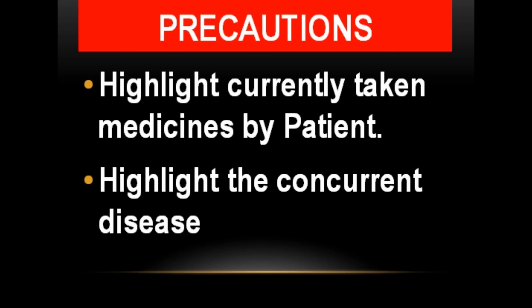Furthermore, the doctor should be aware of the existing medical condition of the patient. For example, maybe the person is suffering from any bleeding disorder, any coagulation disorder, any cardiovascular disorder, or certain hereditary disorder like hemophilia or blood pressure or diabetes or any type of autoimmune disease. So it will be good for a person to highlight the concurrent disease, so that a doctor should have a complete picture of the patient.